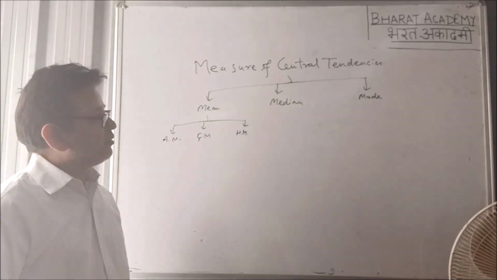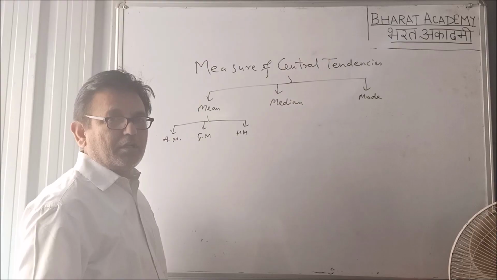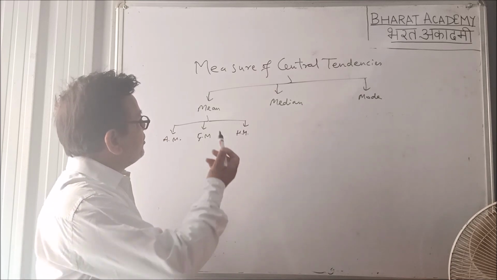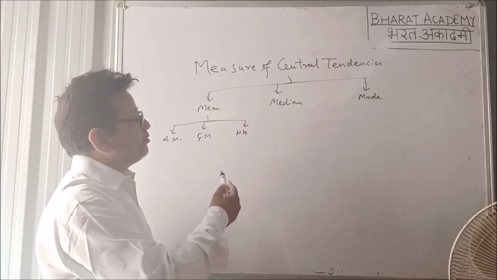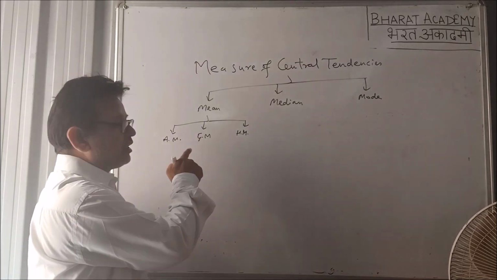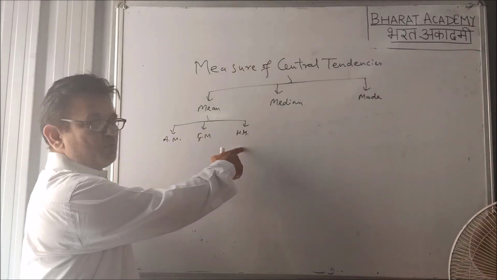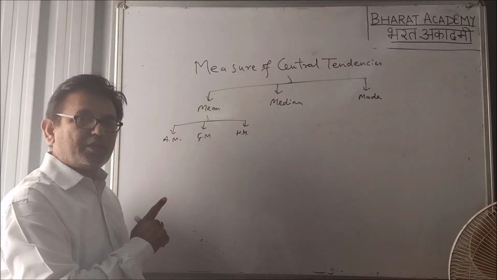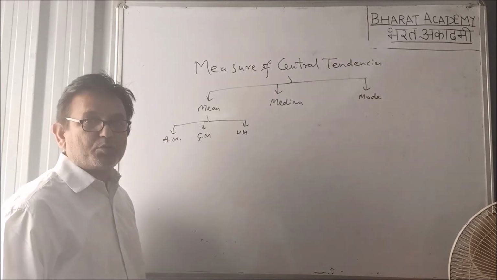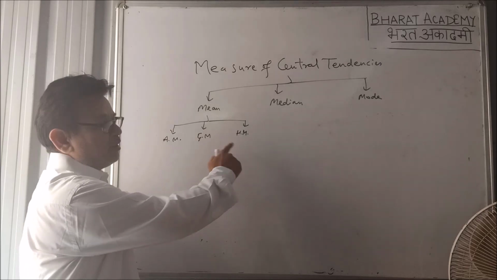My name is Manoj Thaplyal and today's topic is again measure of central tendencies. As you know, there are various measures of central tendency. First is mean, second is median and third one is mode. Again this mean is divided into three parts: arithmetic mean, geometric mean and harmonic mean. And this arithmetic mean we have already discussed in our last video. Now today we shall take geometric mean and harmonic mean.